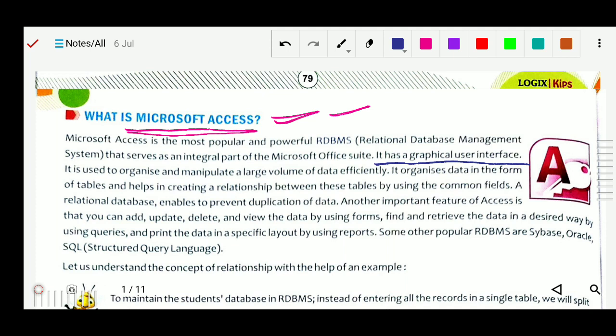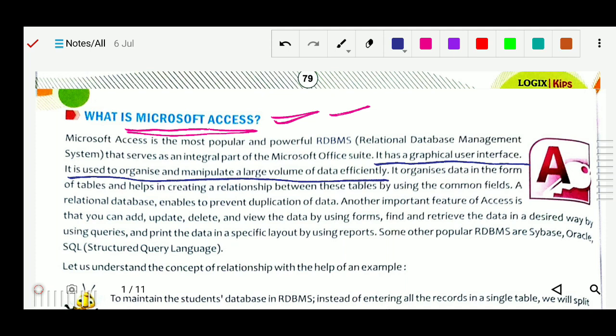It is used to organize and manipulate a large volume of data efficiently. It organizes data in the form of tables and helps create relationships between these tables by using a common field. We can update the data, query the data, and delete the data. All these things we can perform here.